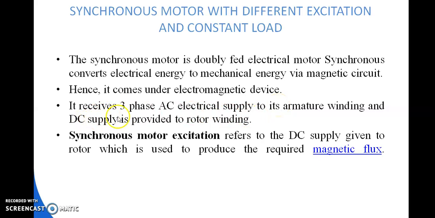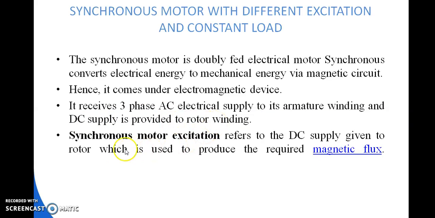It receives a three-phase AC electrical supply to its armature winding and a DC supply is provided to the rotor winding. Due to the availability of both an AC electrical supply and a DC supply, this machine is known as a doubly fed